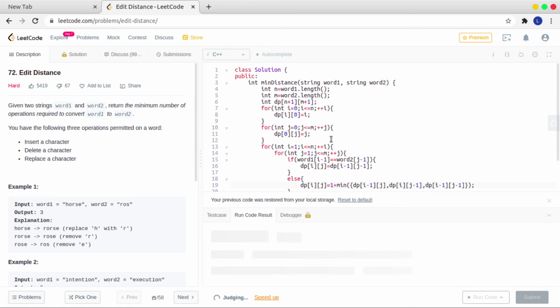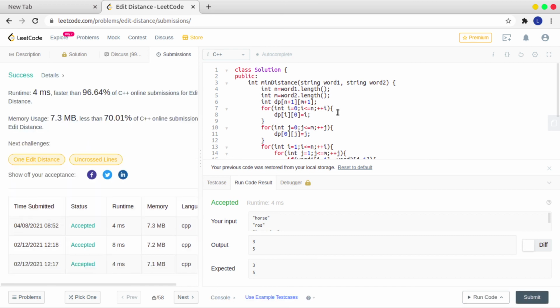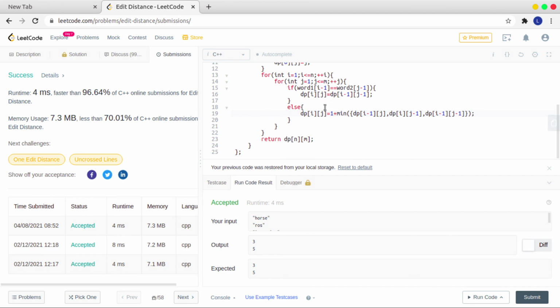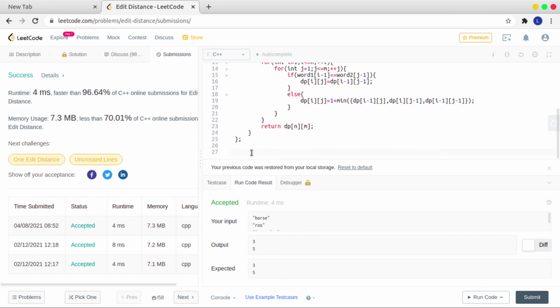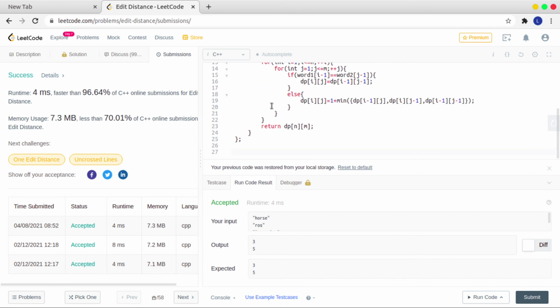Basically this algorithm is used in this kind of scenario. Suppose you are searching for something in a database and you have misspelled something, like you want to search for airport and you have written the wrong spelling of airport. If this algorithm is used, then it will show you the correct thing in the database. Otherwise it will be a bad user experience to get a message that your word does not exist in the database. So for good user experience it is used.